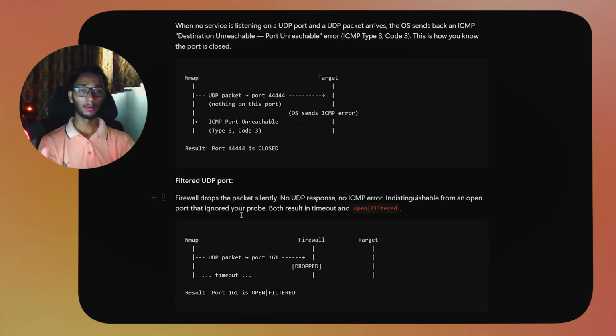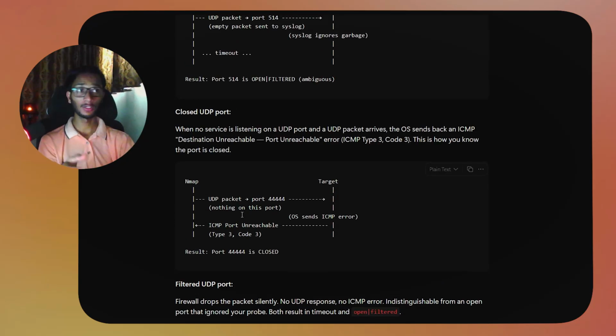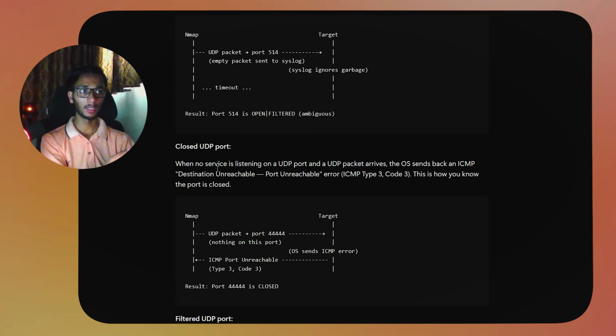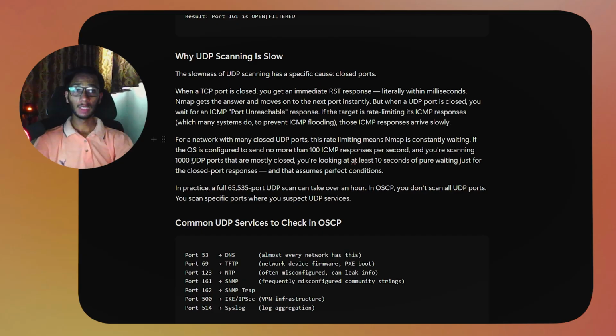It will report it out as open|filtered. The same case over here, right? Another thing is that when you are getting some exam, you don't have to scan all of the UDP ports because it is slower. The reason it is slower is that for example, when our TCP port is closed, you